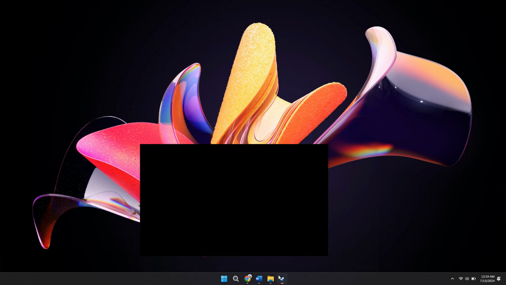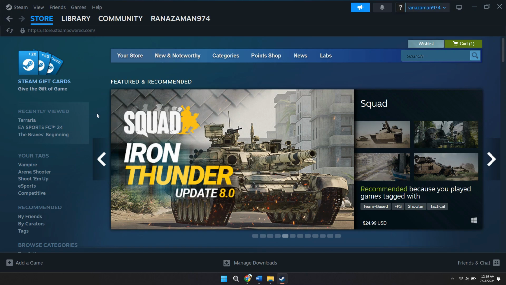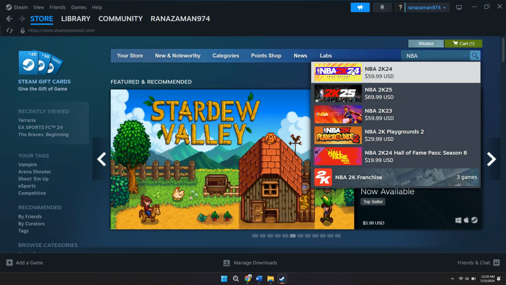First, make sure you're logged into your Steam account. Once logged in, use the search bar to look up the game, NBA 2K24. Click on the game in the search results